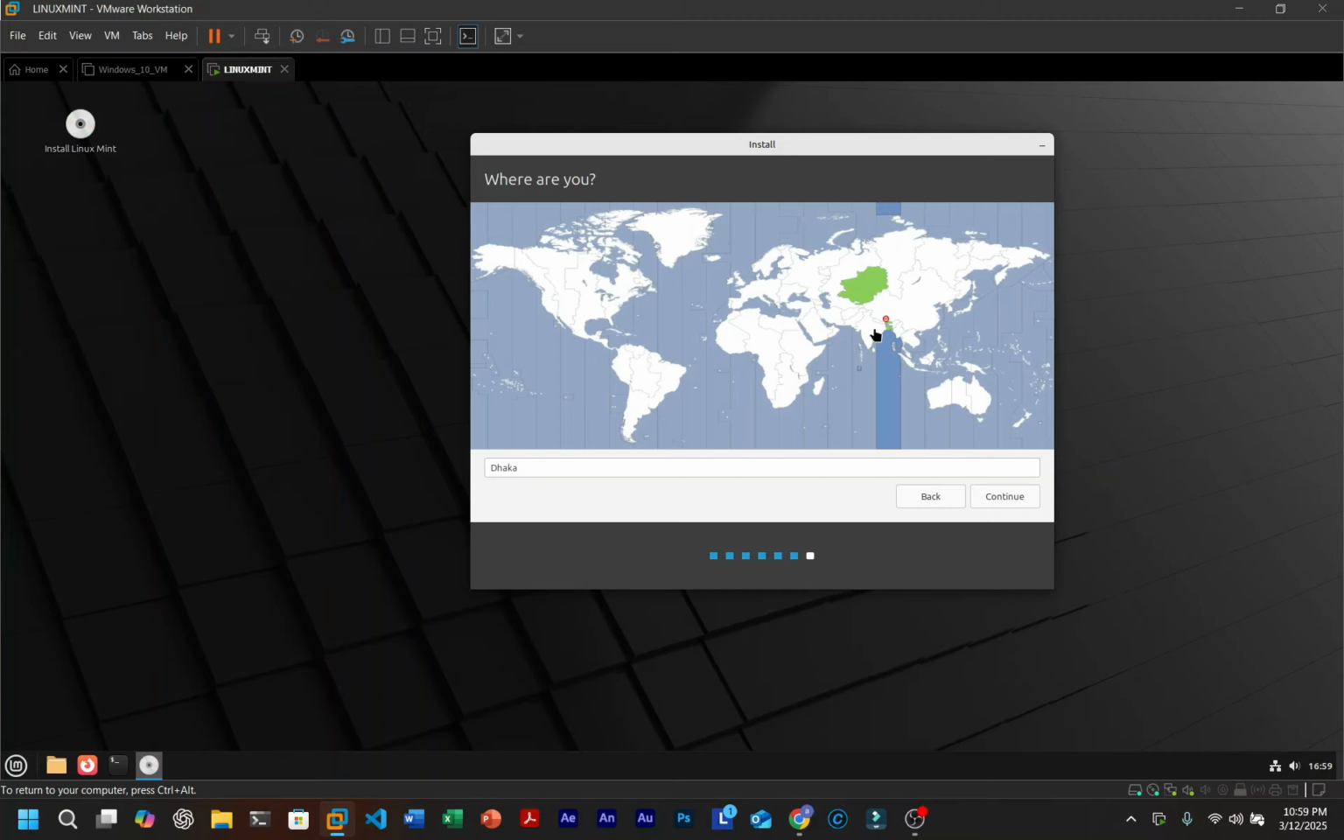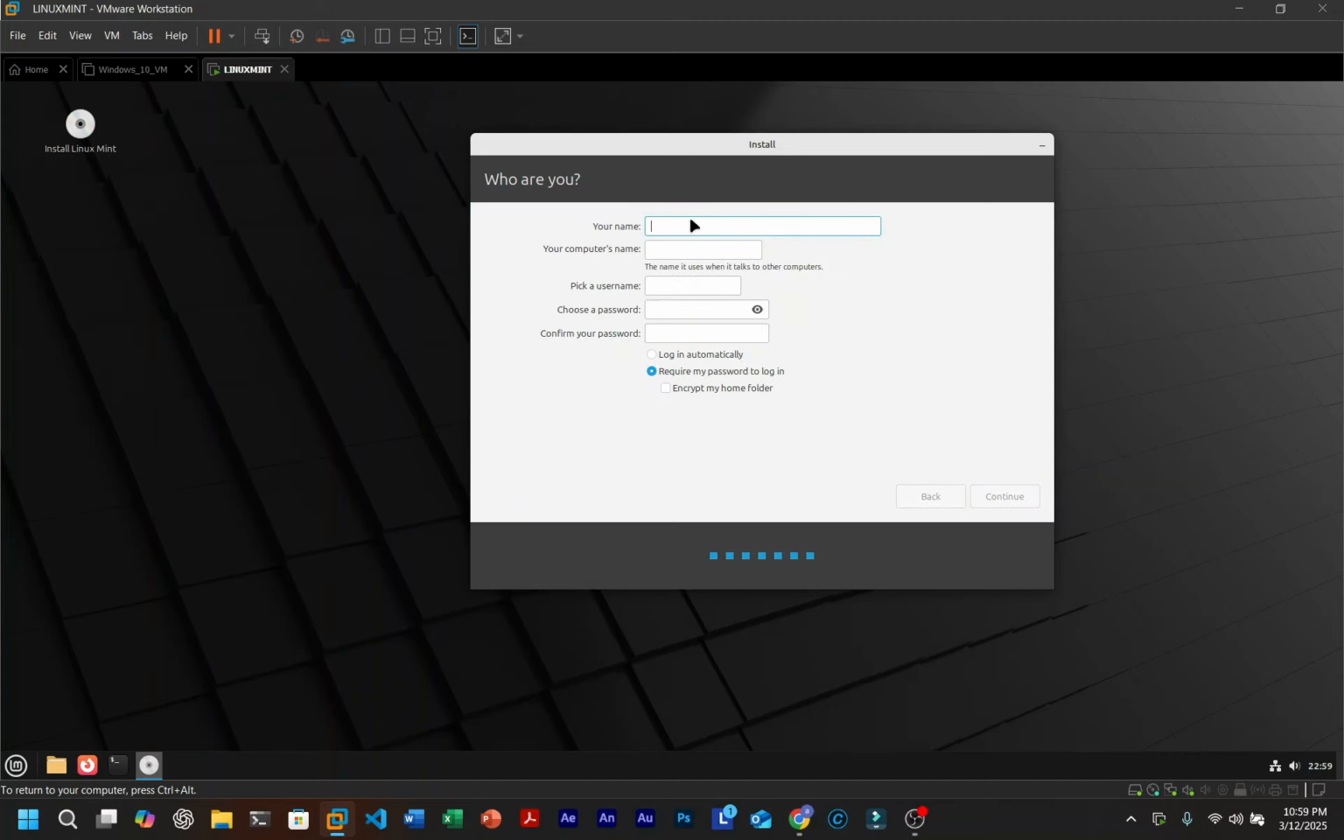And now click on the region that you have and click on the continue button. And then enter your name. And now make sure the computer name is set to your username. And then the username is this, and then we're gonna choose a password. And then click on the continue button, and